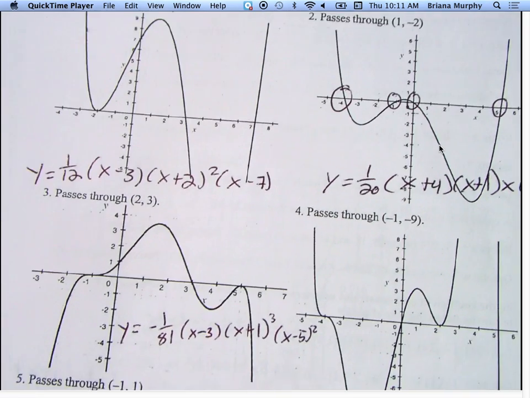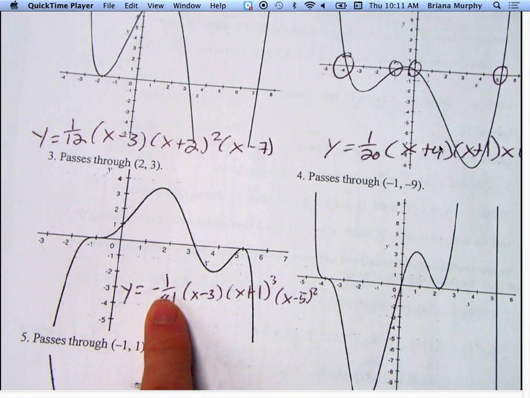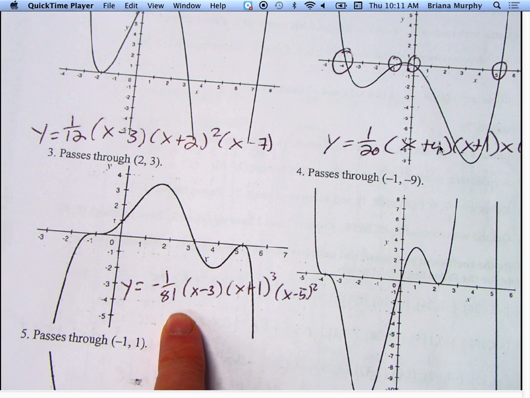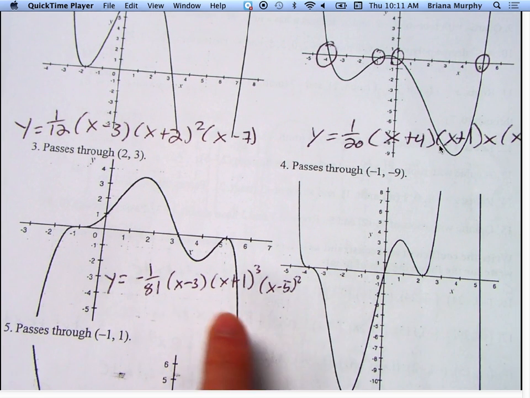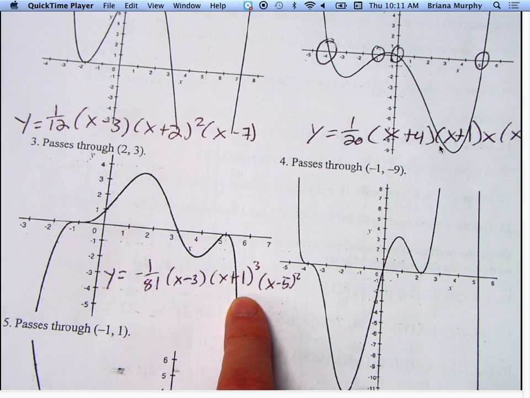Number 3 is y equals negative 180 over 81 times x minus 3 times x plus 1 cubed times x